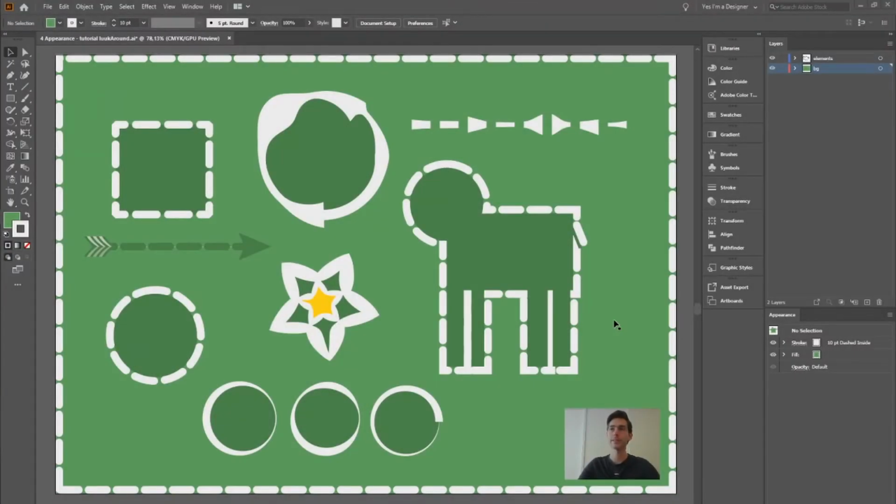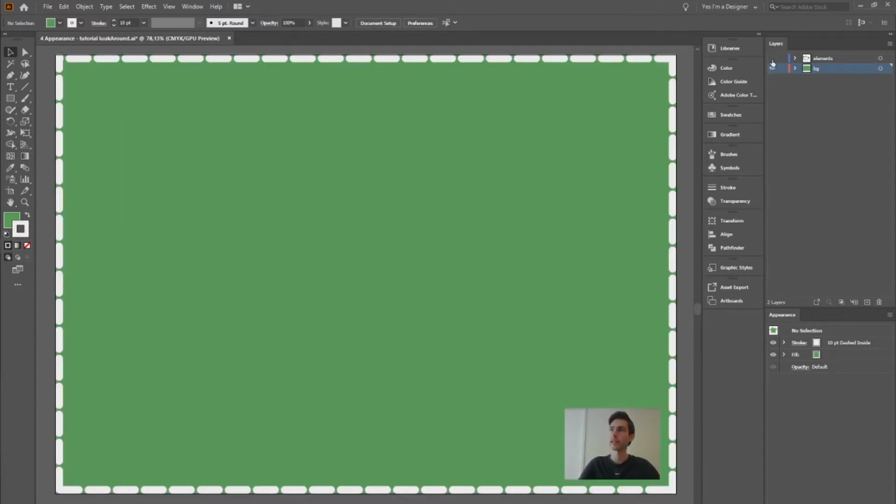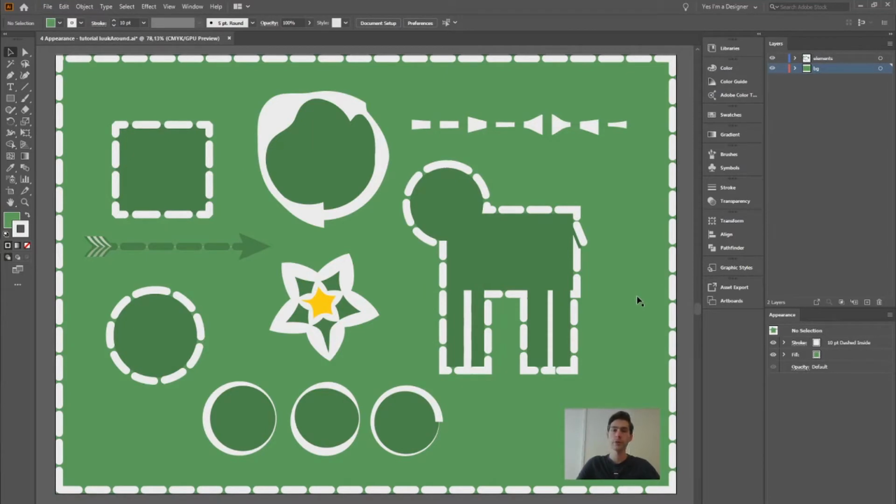Let's say I want to copy this artboard to a new artboard with its own layers. This piece has two layers, as you can see, a background and elements. And to copy it to a new artboard, I'm going to do 3 steps. First, I'm going to create new layers in which I want the second artboard to be. Then we're going to actually duplicate the artboard, and then we will place the new artboard elements into their layers